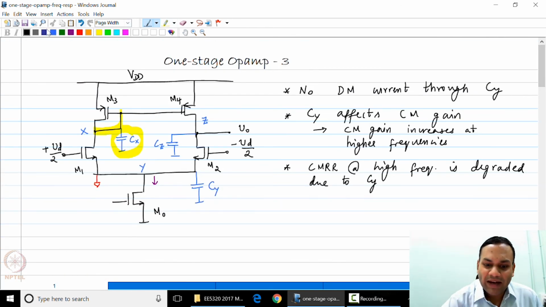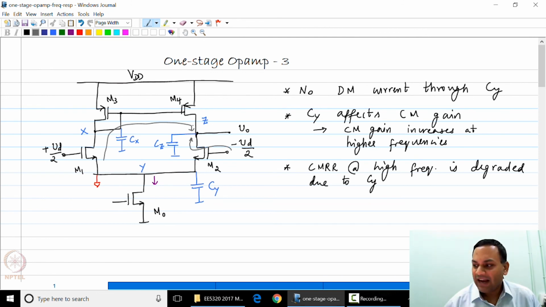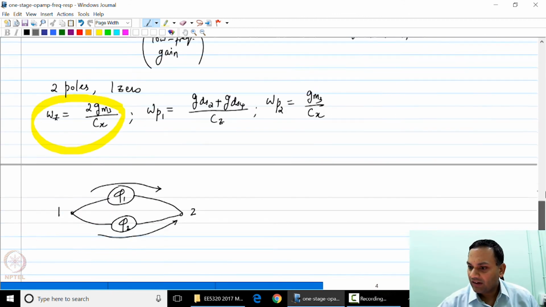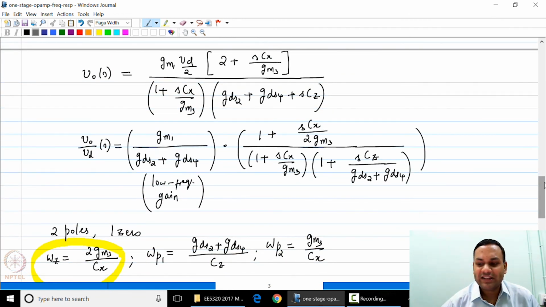If you actually look at the path traversed by the signal, there are two paths traversed by the signal. In the first path, the signal from minus Vd by 2 travels directly to the output node. The signal from plus Vd by 2 takes a different path where it sees an extra phase shift due to the presence of Cx, and that is why you see the additional 0 in this path, and it turns out that the frequency of the 0 is at twice the frequency of the